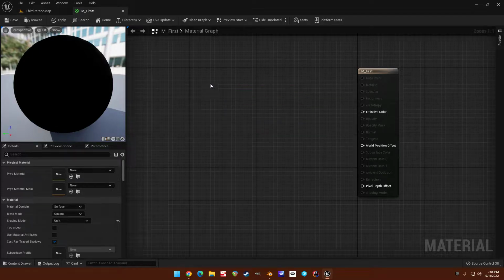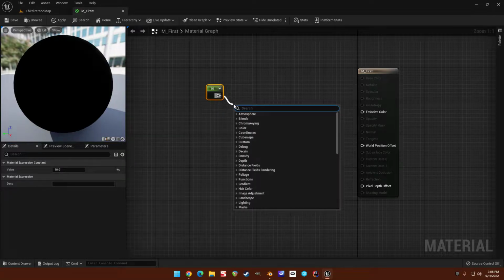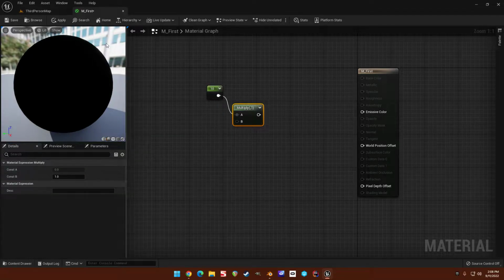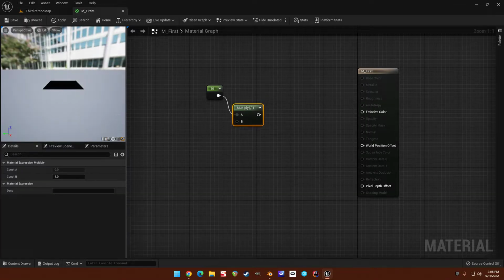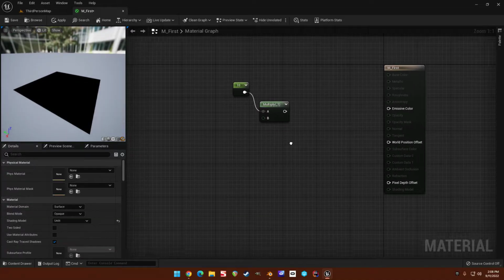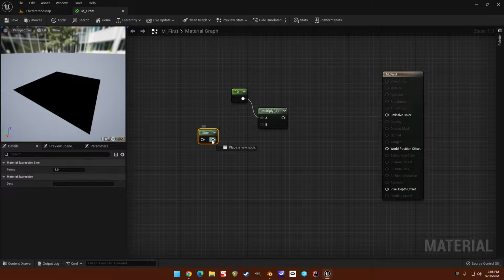Let's just go ahead and make, if you hold down 1 and left click, you'll get a constant. So let's do 10 times, let's select our tessellated plane and use that here. All right, so 10 times the sine